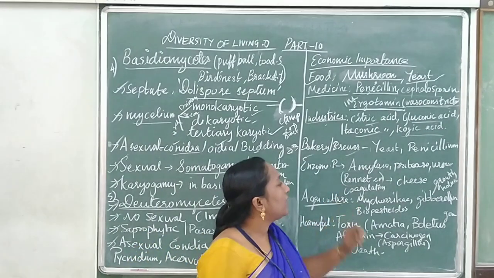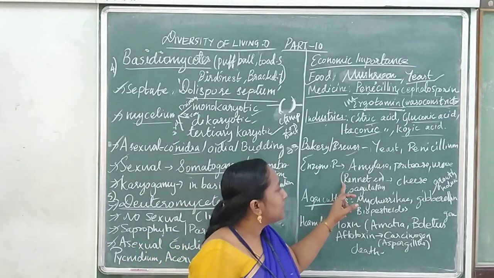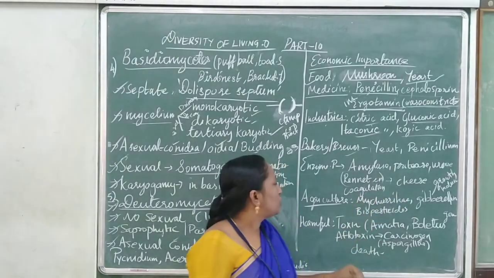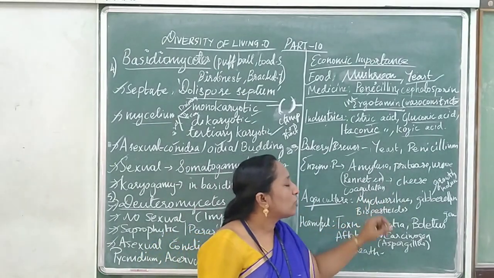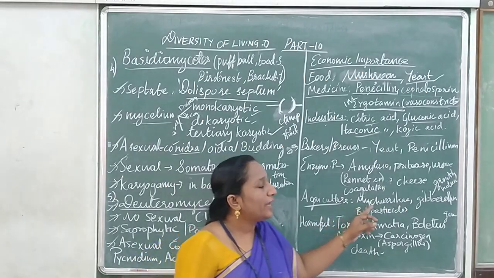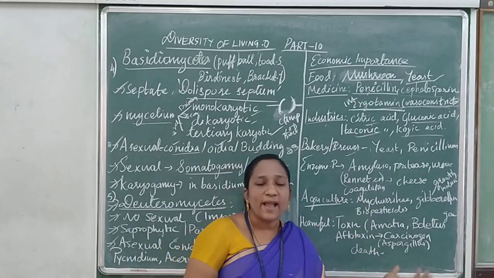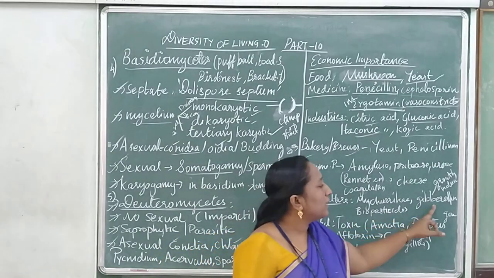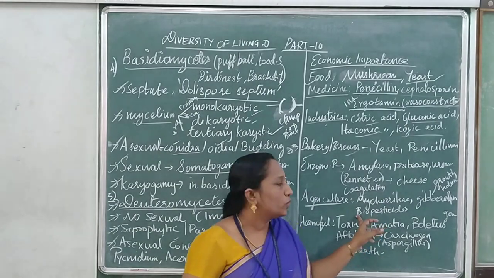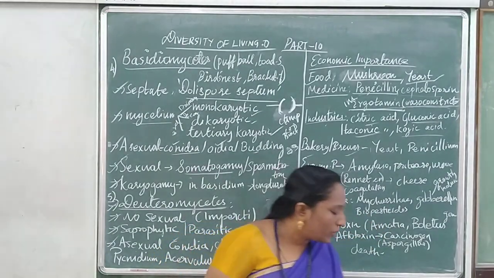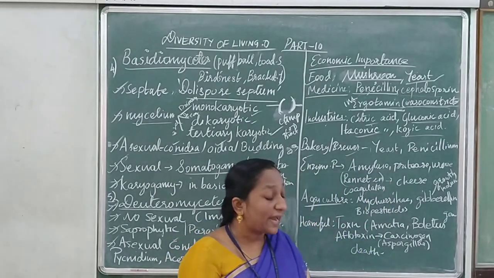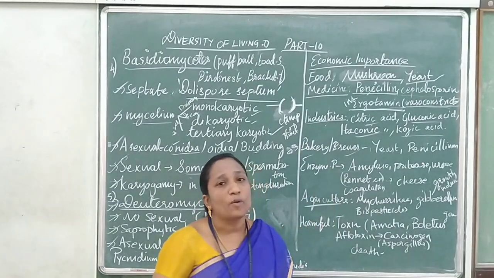Next, rennet is a special type of enzyme produced by the fungi, and it is useful for the coagulation process, especially cheese formation. In agriculture, mycorrhiza is a symbiotic association of the fungus and the plant, giving minerals and water to the plant, and the plant gives food to the fungus. Gibberellin is a growth inducer. Certain fungi act as biopesticides to control pests. Harmful effect: mostly it produces toxin, and that toxin will kill the person. Next we are going to learn about certain other examples. We learned the uses, the economic importance of fungi.